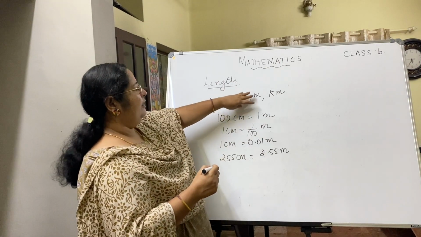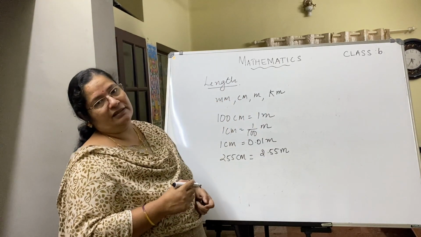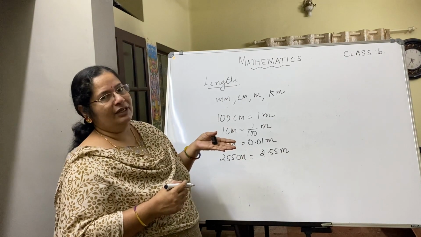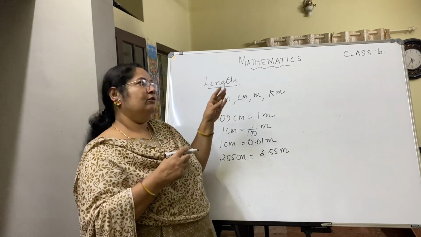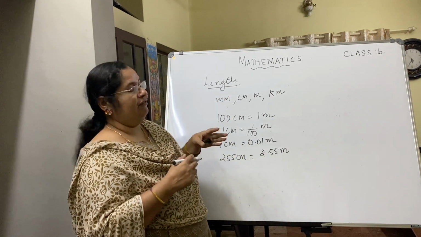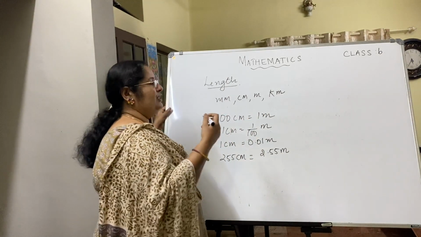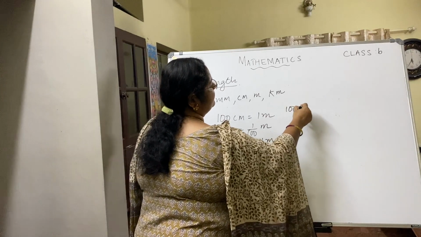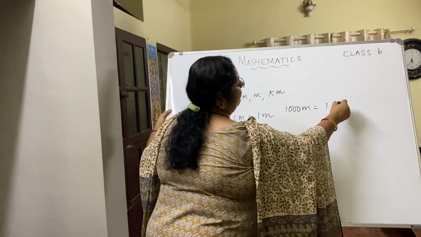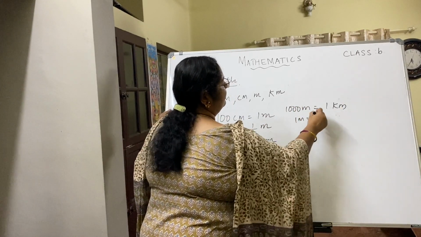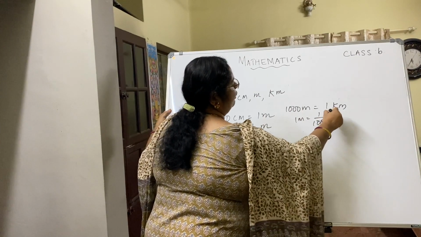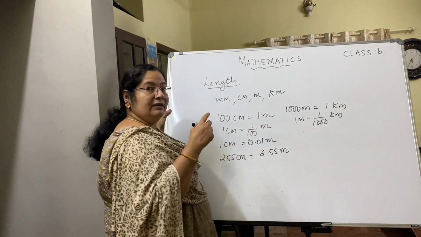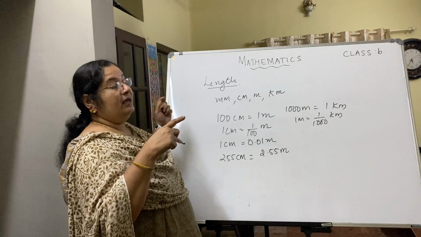So next going for relation between meter and kilometer. Same way you can form the relation. I think by now it would have come to your mind what the relation is. You would have got it by now itself. Now how to find the relation? What is the relation between meter and kilometer? 1000 meters make 1 kilometer. So what is 1 meter? 1 by thousand of a kilometer.